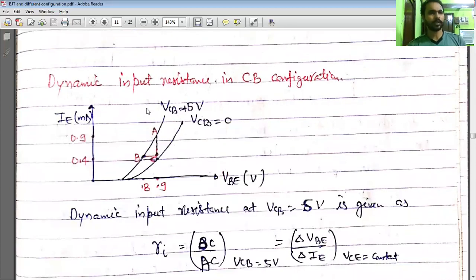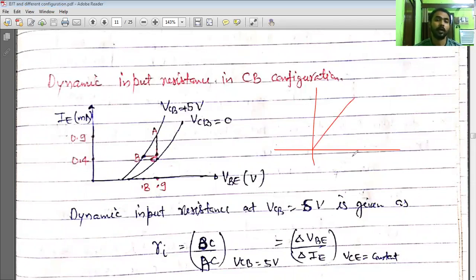So since we have an input characteristic curve, we will get the input resistance. We will know why it is called dynamic. Remember, we have an IV curve. For an ohmic circuit, that is a straight line, but for a diode, it is like this one. This is called a non-ohmic circuit. In the ohmic case, the resistance is constant. Resistance is constant for one diode. Resistance changes when you change the diode length, geometry, or material. But if the diode is fixed, then even if you increase current or voltage, the resistance will not change.